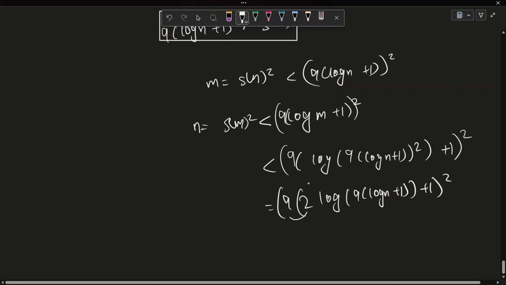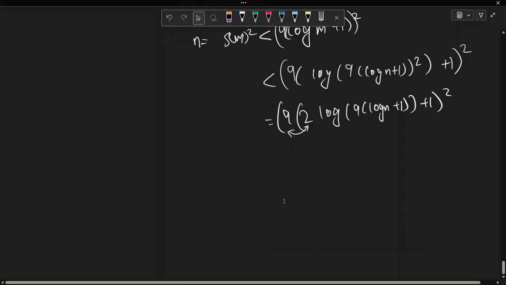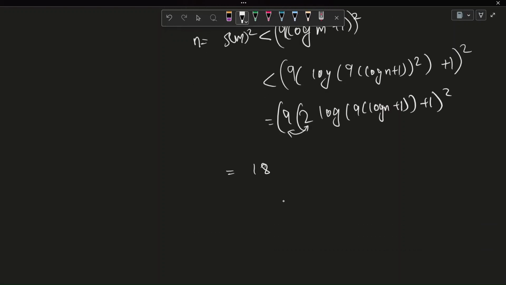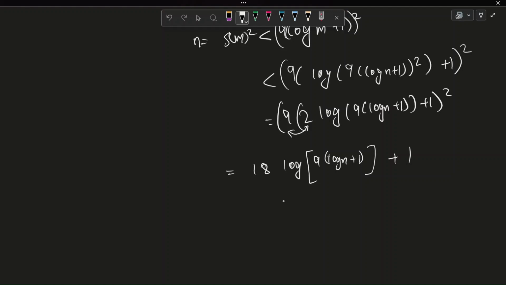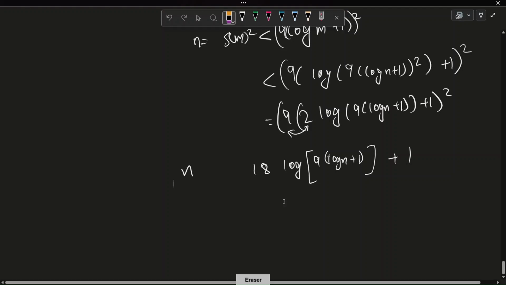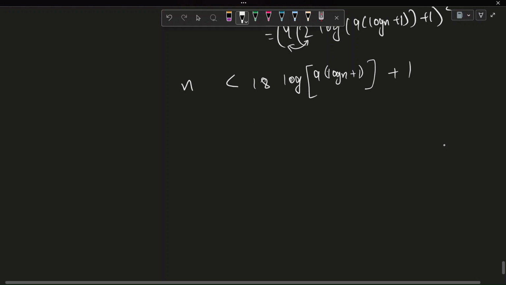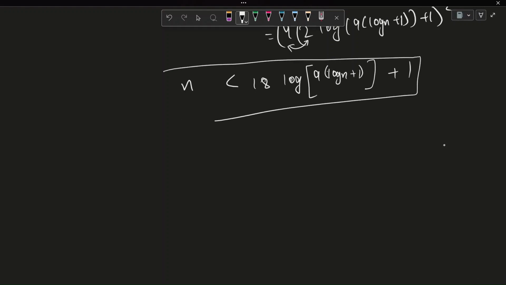Okay, and this 9 into 2 becomes 18, and this is exactly equal to 18 times log of 9 log of n plus 1, and the log is applied on this whole function. Okay, plus 1, and this is n. So we get that n is less than 18 times log of 9 times log of n plus 1 plus 1. Okay, now I will not prove this in detail, but